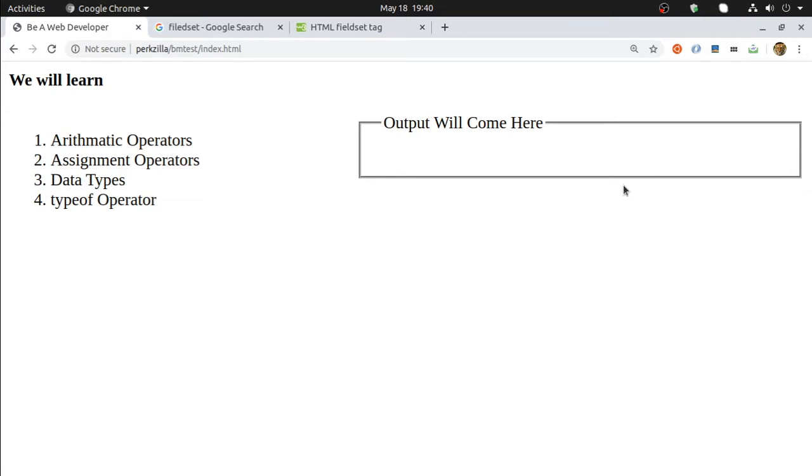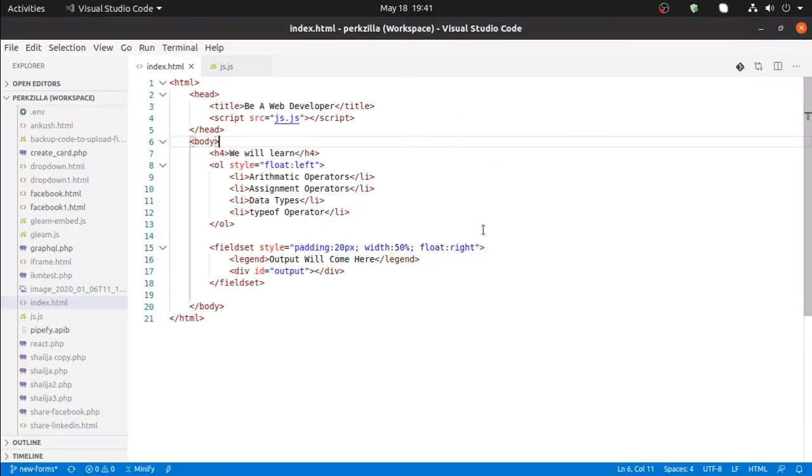You already know HTML, I have covered all the topics of HTML in my previous videos. If you have not watched those videos and if you have any concerns related to how this has come, I suggest you spend a few hours watching those videos and you'll find it very interesting. Anyways, I'm expecting my output here on this window, and this is my HTML. Those who are already familiar with HTML will easily understand what this code is doing, and this is my JavaScript file I am including here in the header.